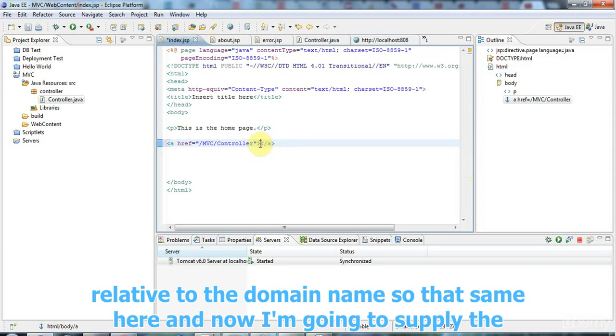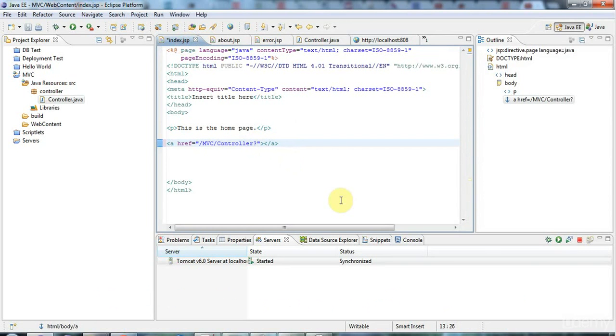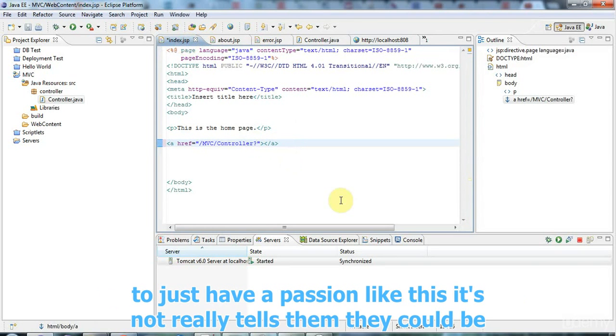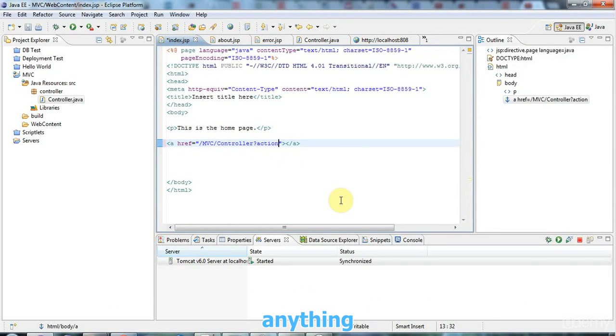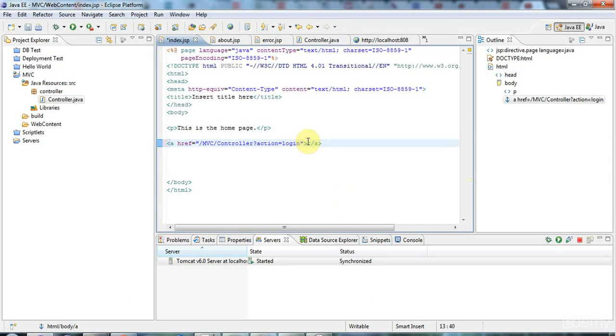So let's say here, and now I'm going to supply this with an action parameter. So I'm going to put a question mark, after which I can list some parameters separated by ampersand signs, but I'm going to just have one called action, like this, and it's just an arbitrarily chosen name, it could be anything. I'm going to say here that action equals, let's say, login, and let's set the text of the link to "go to login page",